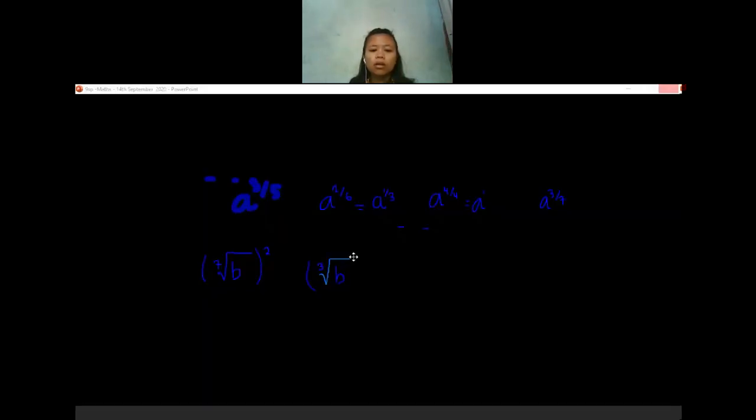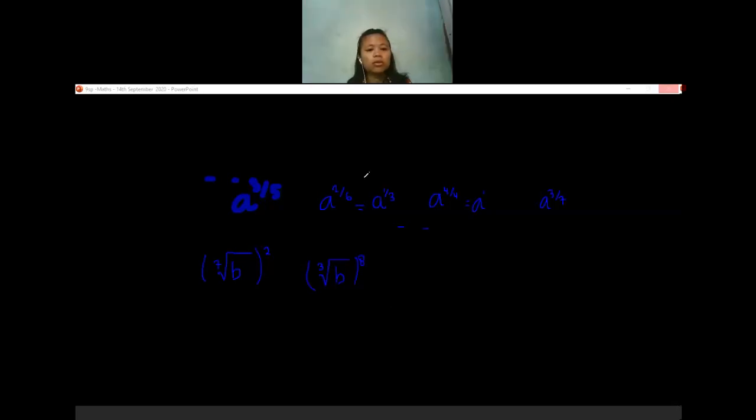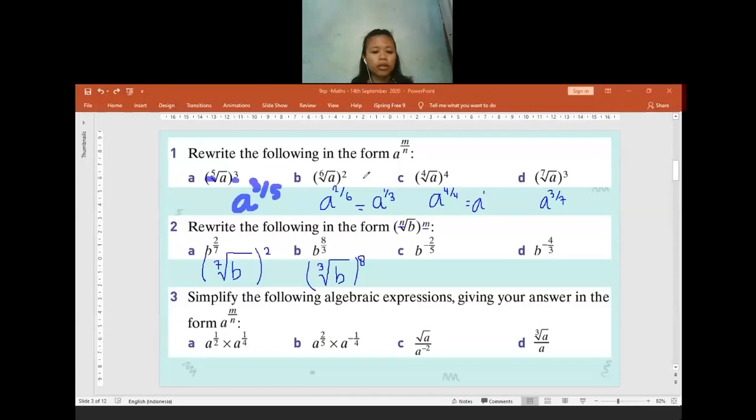Hello, is my screen suddenly dark or is it only in my computer? Suddenly dark. It became black, teacher. Yeah, I don't know also what happened. But you have the textbook, right? Oh yeah, already coming back. If you already have, okay. Let us continue to question C. It's already back to normal, right?